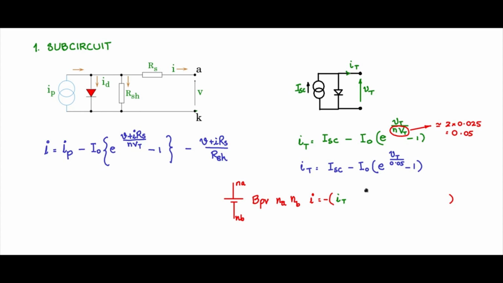Which means only when IT is greater than 0, then allow IT as calculated by this equation, or else make this current I equal to 0. So this is the inline conditional statement that ngSpice allows, and we can use this equation in our subcircuit